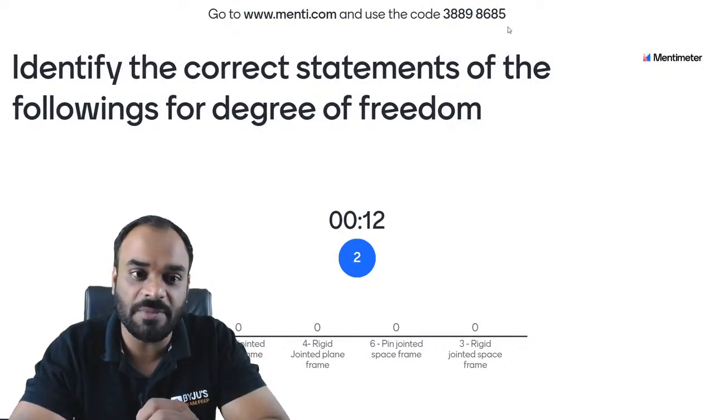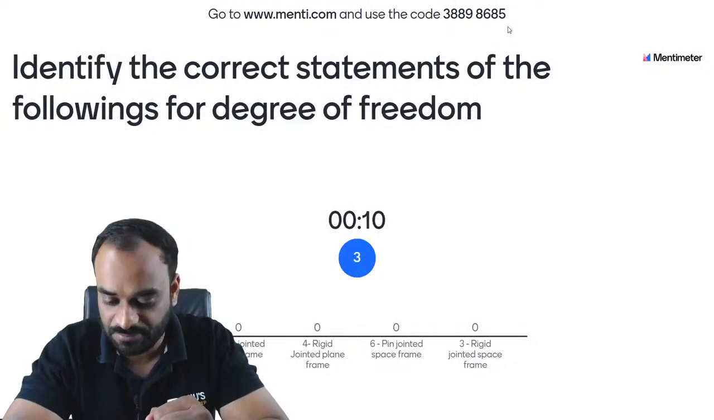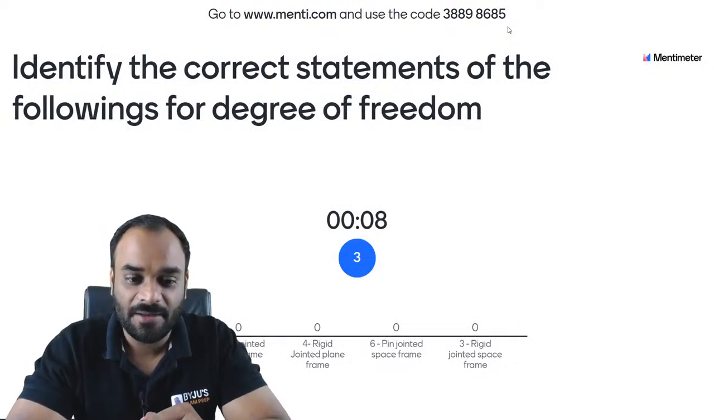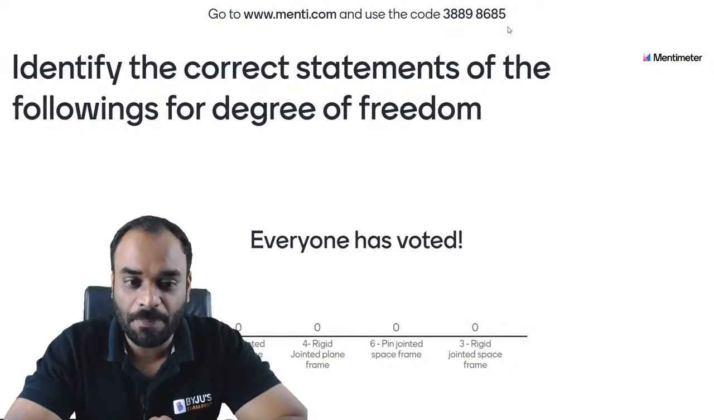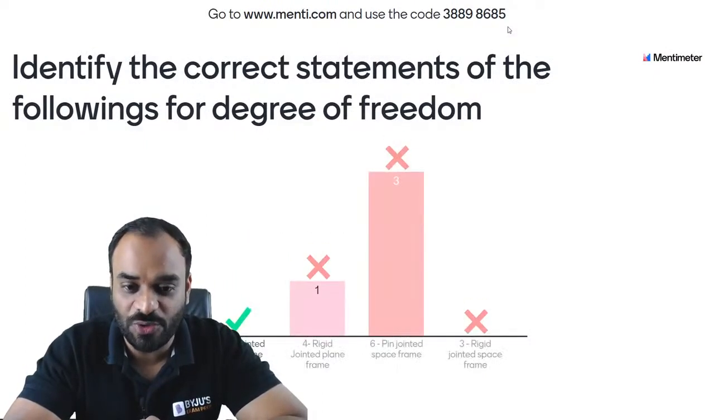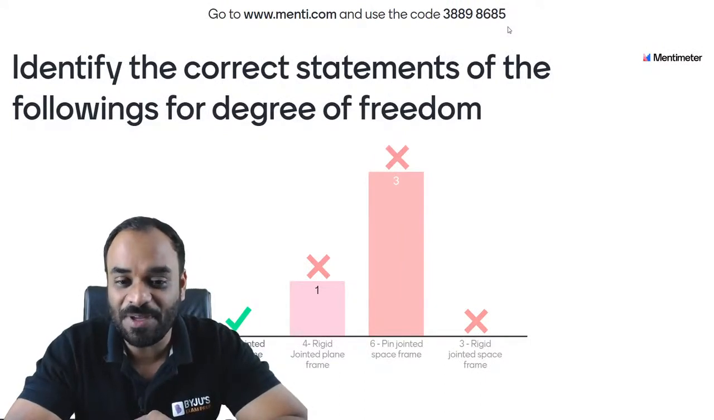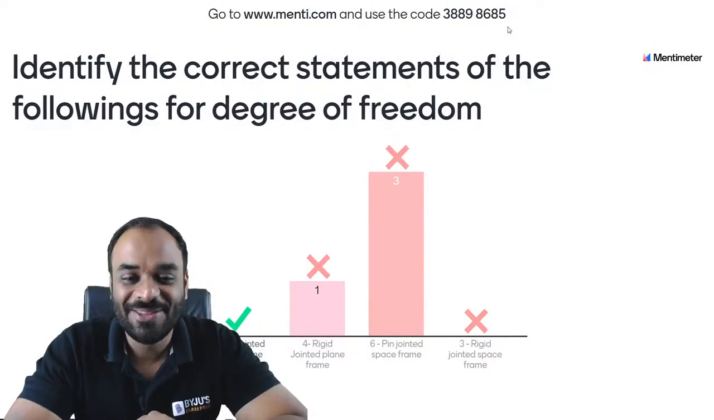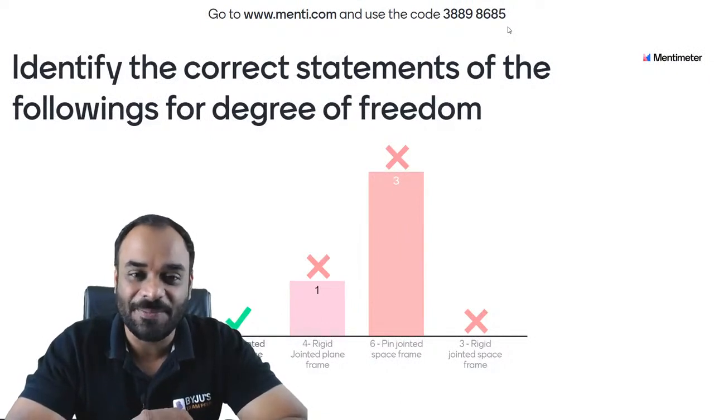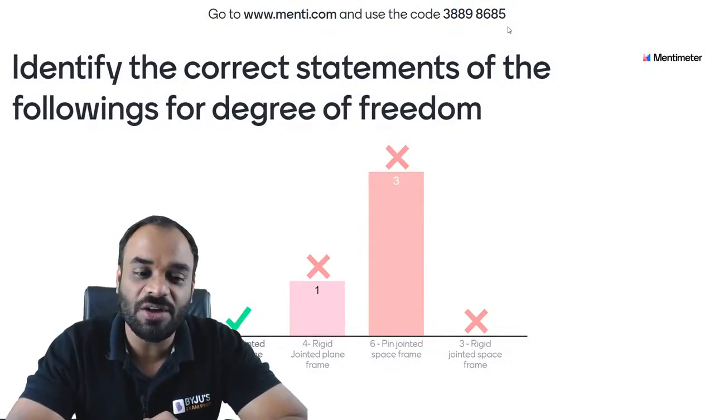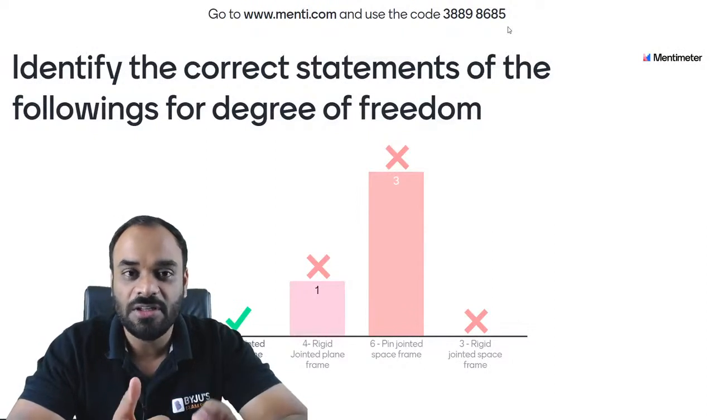Identify the correct statement of the following for the degree of freedom. 2 for pin jointed plane frame, 4 for rigid jointed plane frame, 6 for pin jointed space frame and 3, देखो यार ट्रैप हो गए इसमें काफी बच्चे, right? The answer is A. You need to understand how many degrees of freedom there will be for a pin joint,